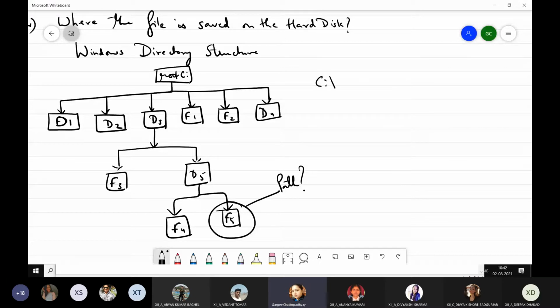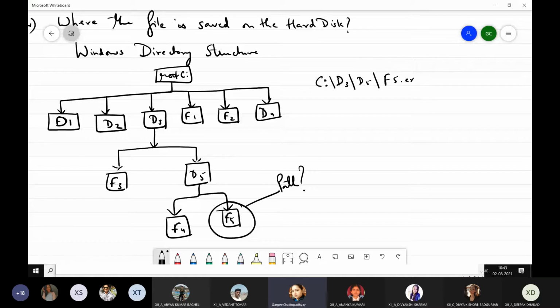And then where is it within C? Which folder do I need to look within C drive? Look into the diagram and read, students. Yes, D3. Then within D3, D5. And within D5, we have F5, which is your file.